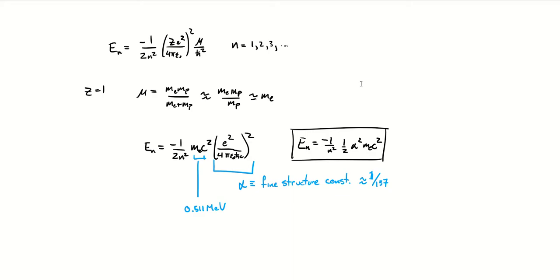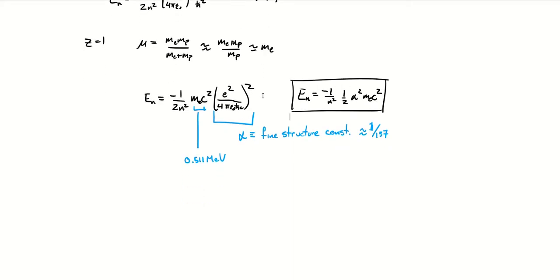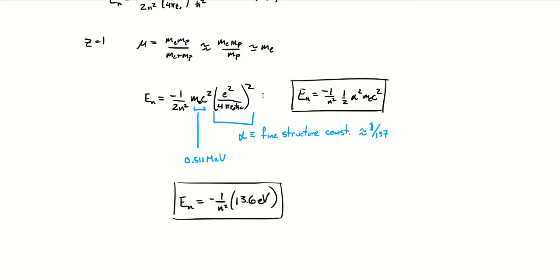Another way that you might be very familiar with is if we plug in all the values for those constants, we can write the energy of the hydrogen atom energy levels as negative 1 over n squared times what we call the Rydberg, 13.6 eV. So this is probably familiar if you came through physics the same way I did. That was a common way I saw these being written. We made some approximations here, and these energies are accurate to within about 1 part per thousand, which is not very accurate, considering how well we can measure things.